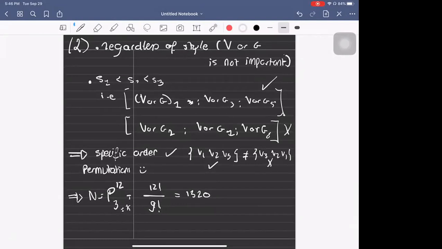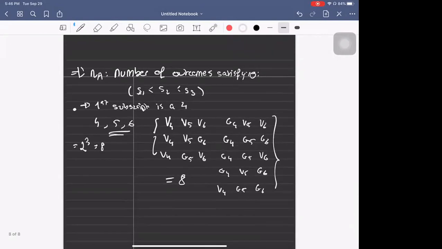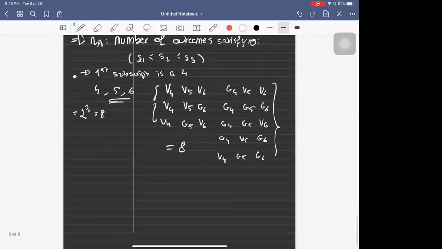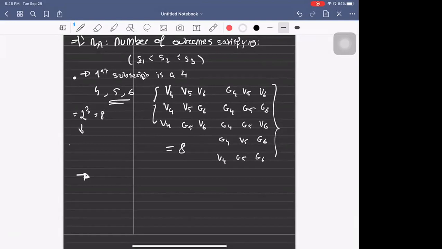We don't care about the style of the manager. So we want to see in how many ways can we permutate V or G amongst the subscripts 4, 5, and 6. And the answer is 2 to the power of 3, which would give you 8. So now, how did you get 2 to the power of 3? Well, the intuition behind that is because you have